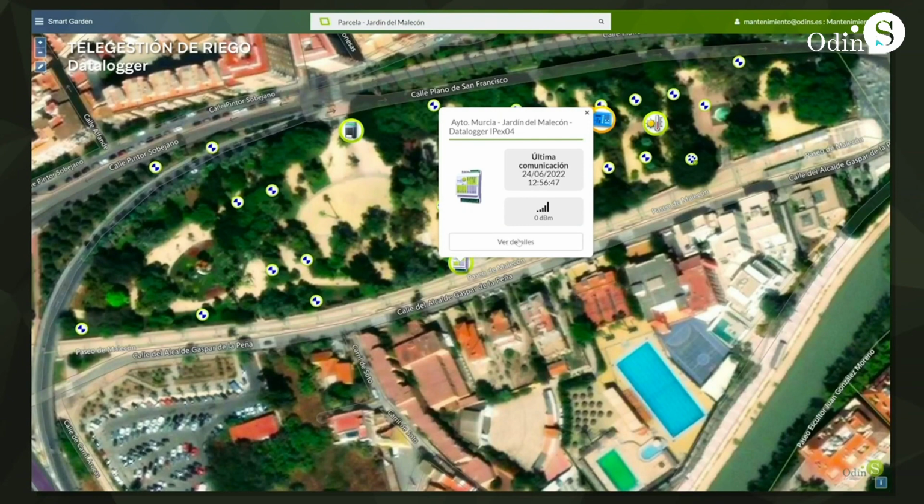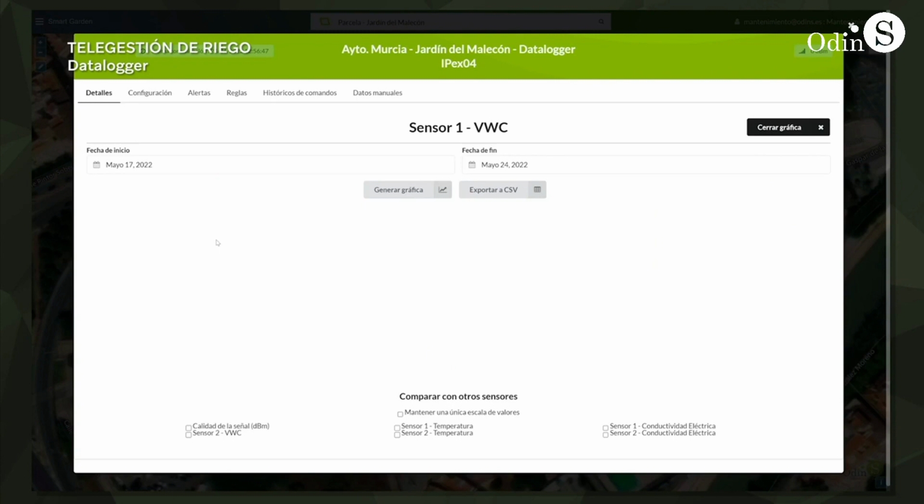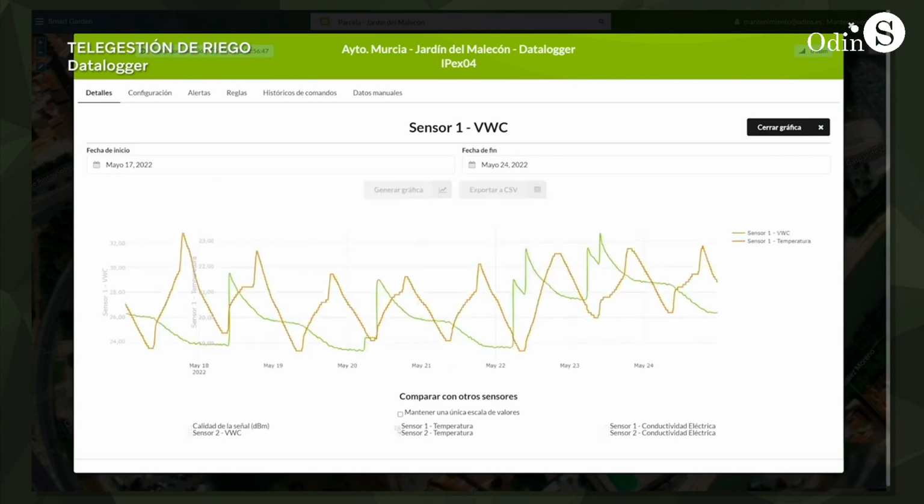To offer better irrigation management, Odins has different models of data loggers, through which the platform can receive information on variables collected by meters and sensors, soil moisture, conductivity, and temperature, etc. And how do we do it? Only 2 probes installed in a grass meadow are detached from the ground, one in the sun and the other in the shade, obtaining the average of both equipment for greater accuracy in a reliable way and with a lower